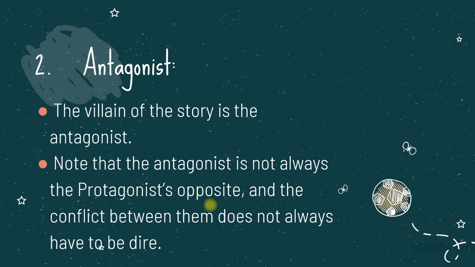They do not necessarily have to be bad or evil. They do not necessarily have to be mad or angry or have this personal grudge against the protagonist. It's just that they have to have different goals, okay, from the protagonist. So the antagonist, ladies and gentlemen, is quite literally the source of the conflict. They're going to be the source of the conflict for your protagonist. For example, yun na yung mga ano natin, we have standard antagonists like the standard villains of the story,